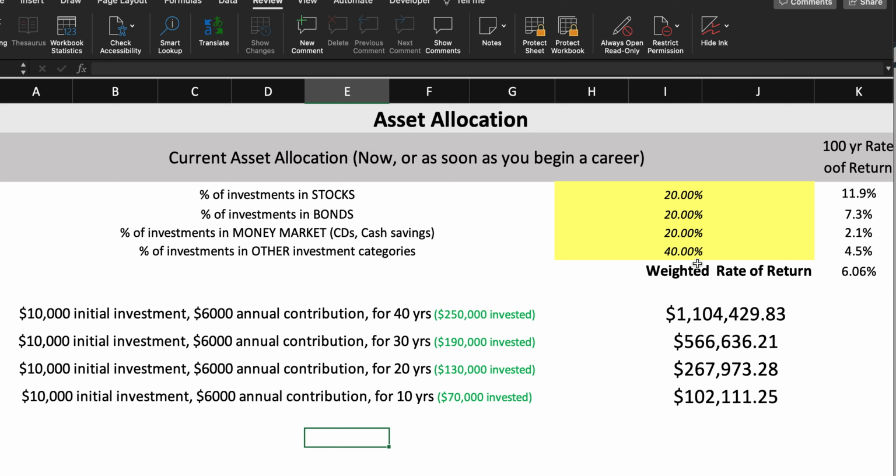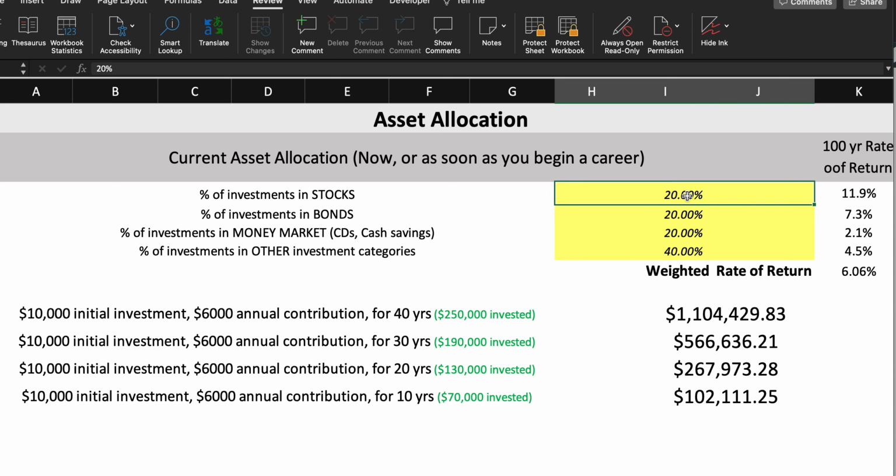A lot of the feedback I've given this week has been around, for a person of your age, young, I wouldn't put so much in bonds and money market because it's not going to grow at the rate that you want it to. So I put together this quick demonstration to show that. If I'm an individual and